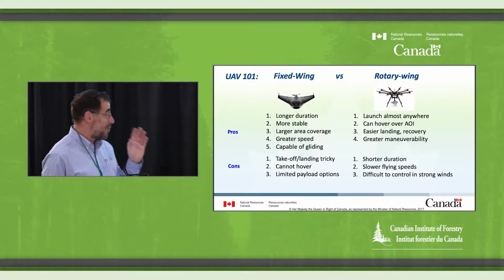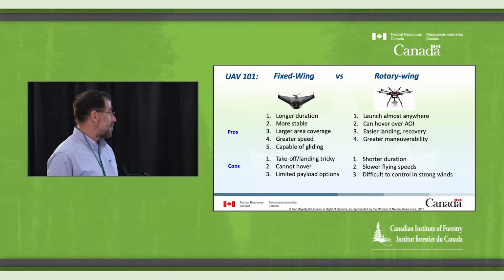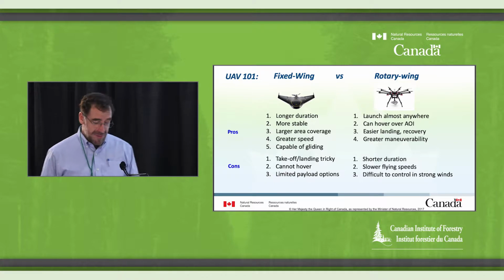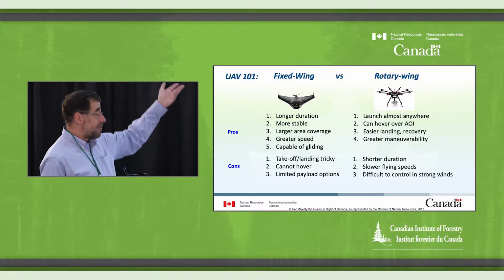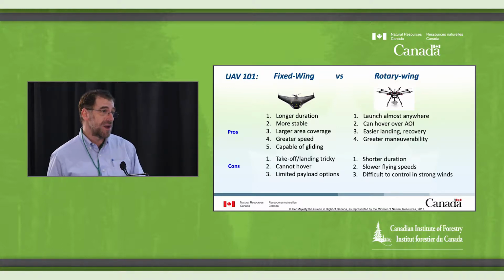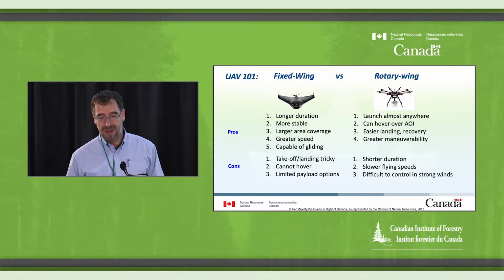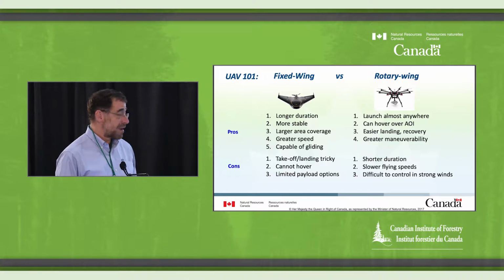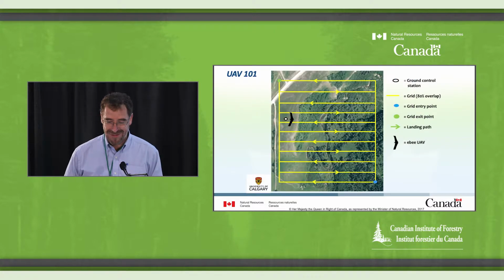So now let's go through a 5-minute crash course on drones. There are two types of drone, as you know, fixed wing and rotary wing. They have some pros and cons. The fixed wing can basically cover more area than the rotary, but the copters are more flexible. They can launch from anywhere, and they can hover. Depending on what your needs are, you may choose one or the other. Or if you can afford both, go for it.